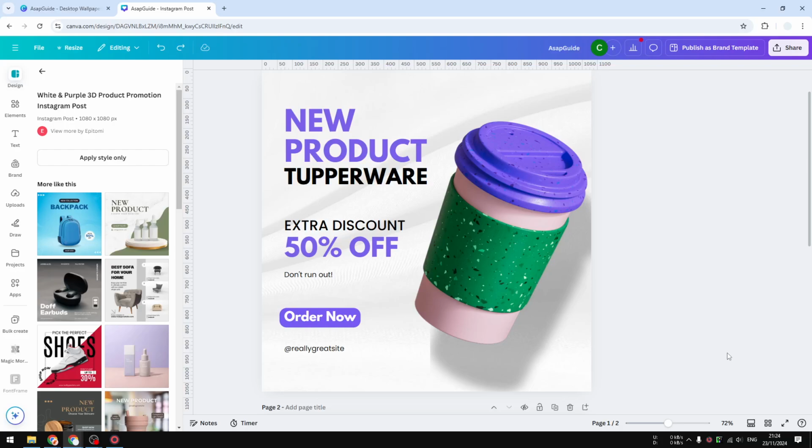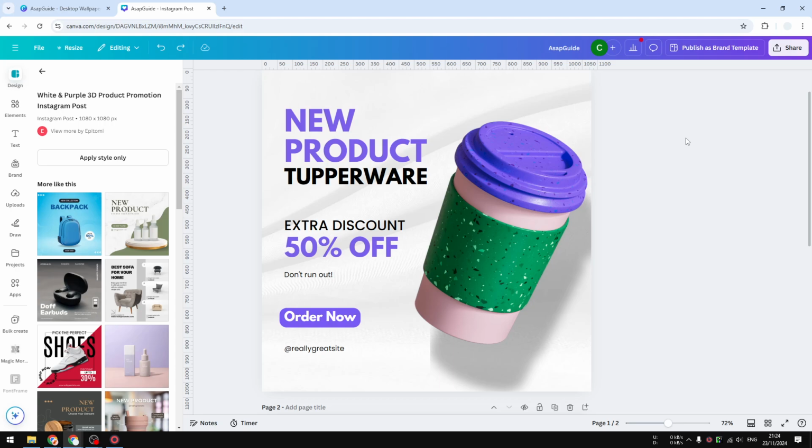Hi, in this video, I'm going to show you how you can create a realistic shadow for a product image in Canva. I have this design, and this photo actually doesn't have a shadow, but I just added one to make this product more prominent, and therefore it will draw people's attention to it. In this video, I'm going to show you 3 different methods, or 3 different shadow styles, that you could